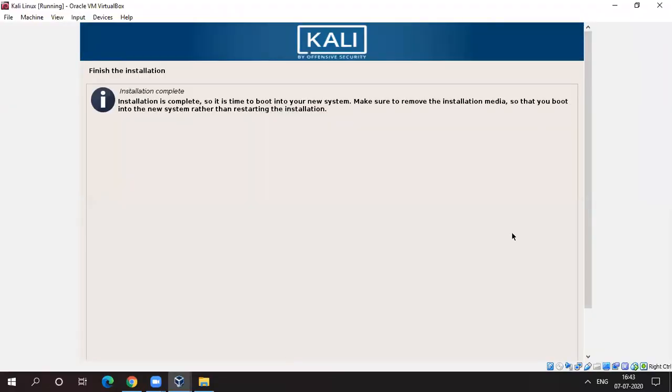Now you can see here we got our installation message, that installation is complete. So it is time to boot into your new system. Make sure to remove the installation media so that you boot into the new system rather than restarting the installation, right? So after that we need to go for continue here.